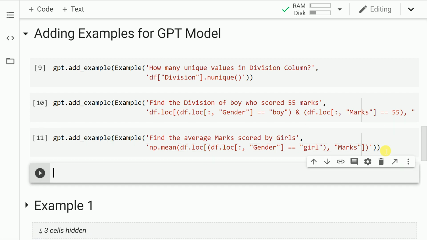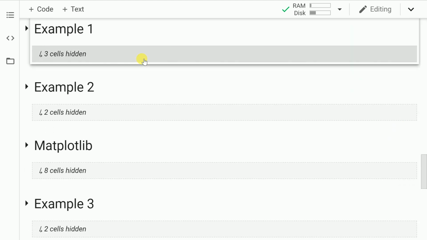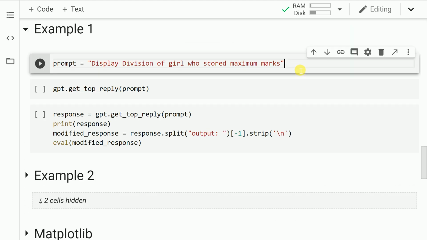The uniqueness of GPT-3 is you can get a really good working language model with very few examples. So I've just trained it on 3 examples. The more examples you provide, the more complex relationships it is able to learn. Let me now go forward and show you the power of the GPT-3 model.